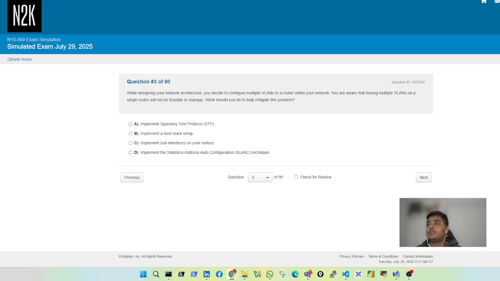What I can think of is implement the stateless auto configuration. No, I think it's going to be implement sub-interfaces on your router, but we'll find out at the end. Next,